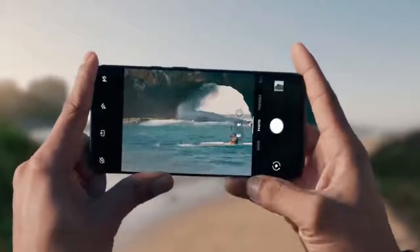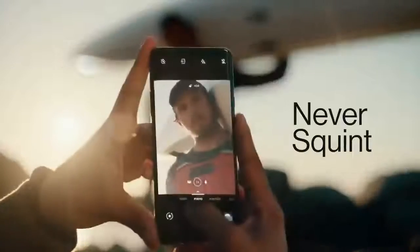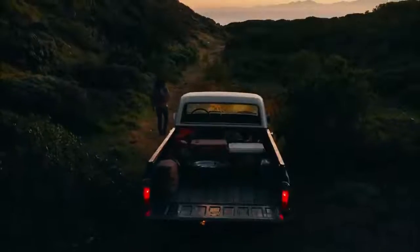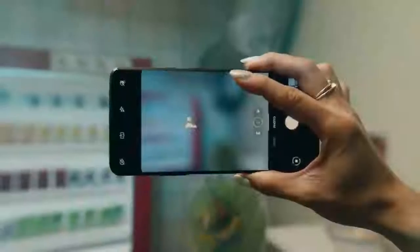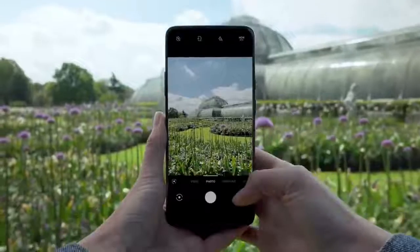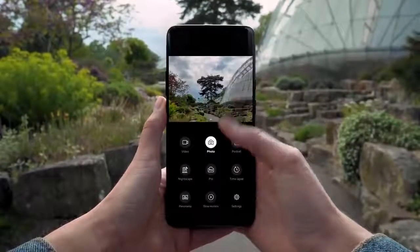In addition to that, the camera's 3x lossless zoom can take pictures without losing detail. It can also digitally zoom up to 30x, but the photo quality really degrades at this level. The camera can also shoot 4K video and has optical image stabilization. On the front, there is a single 16 megapixel selfie camera which delivers stunning quality. Overall, the OnePlus 8 Pro cameras are a big improvement over the camera setups found on the 7 Pro and